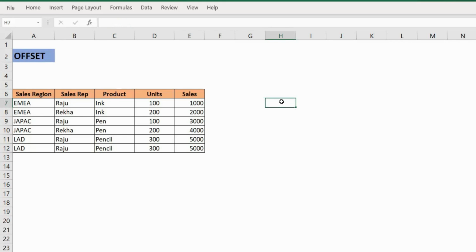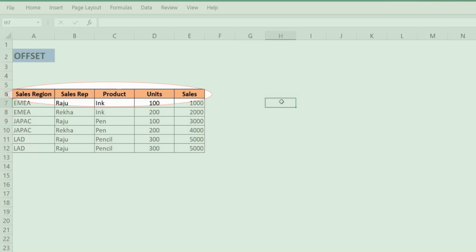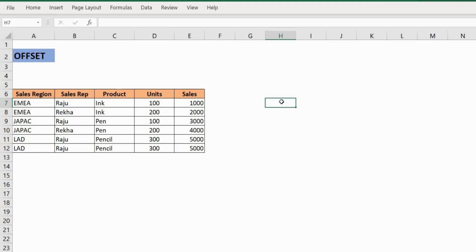In order to know how the offset function works, I have created this small data set which consists of 5 columns. The first column is sales region, the second one is sales rep, the third one is product, the fourth one is units, and the fifth one is total sales. And we will see, using the offset function, how we can fetch some of the values from this data set. So we write the offset function,